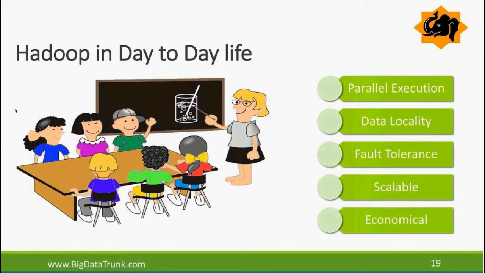But the second part is what happens when you define a cluster which has a master node, like the teacher, and the slave nodes can be cheaper. They can be commodity hardware, as they call it. Because with each server I'm going to save some money, when I add up the cluster's price compared to another cluster, it's going to be much, much cheaper. That's the point. Because it can use commodity hardware and still not fail because it has fault tolerance. So that's kind of the whole secret sauce behind Hadoop.